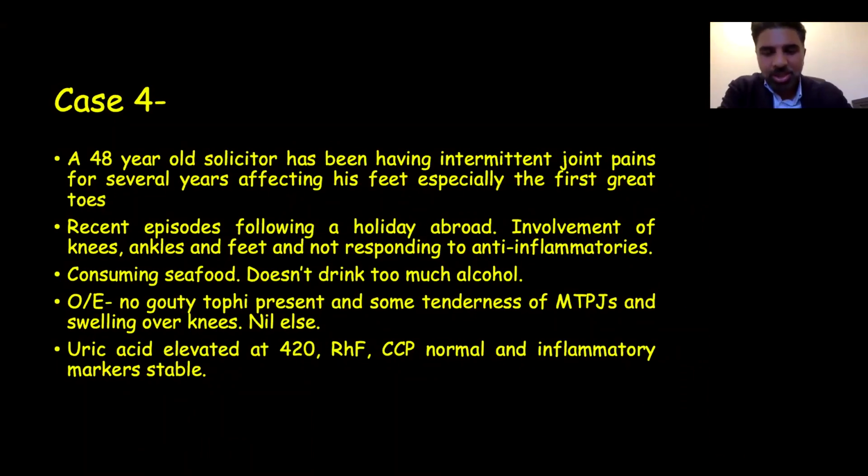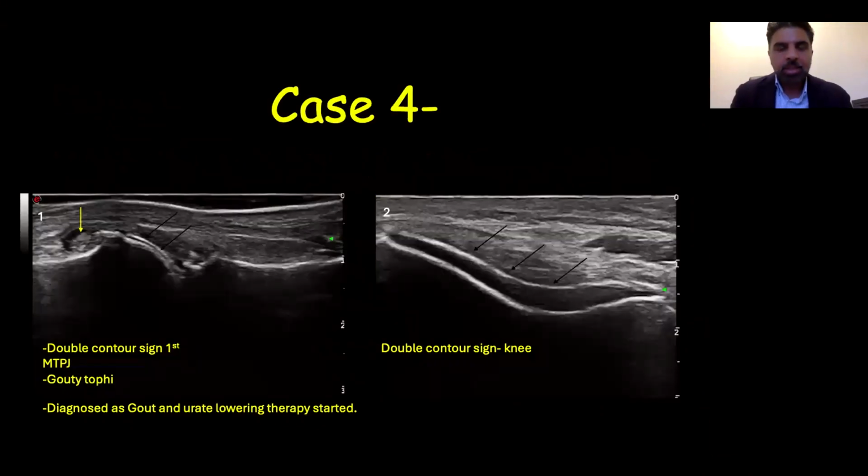Reassuringly, his blood tests do show a normal rheumatoid factor and anti-CCP, but his uric acid level is quite high, indicating that he may have gout, where the uric acid level is elevated. So he goes on to have an ultrasound scan to try and differentiate things. The first thing that you probably note on ultrasound is that he doesn't have any of the classic features of rheumatoid arthritis, psoriatic arthritis. However, what he does have are features of